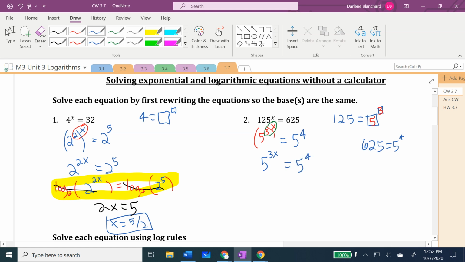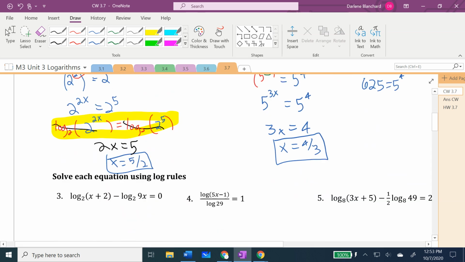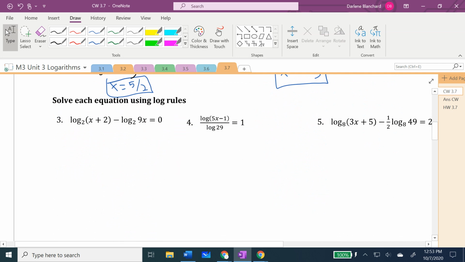So you do not need to write the step of taking log base 5 of both sides. You can just go straight to, that means the exponents have to be equal, and you end up getting 4 divided by 3. And you know how with logarithms, you have to check for extraneous solutions? You don't have to do that with exponential functions, because if you recall, their domain is everything from negative to positive infinity. But logarithms have that issue. You know what? I'm going to come back to this,